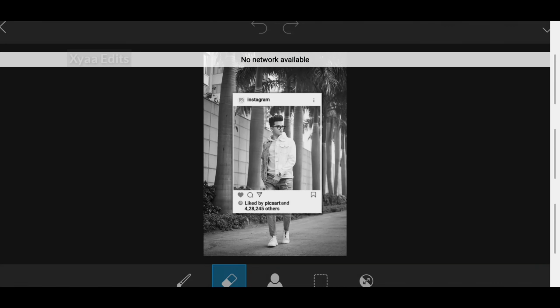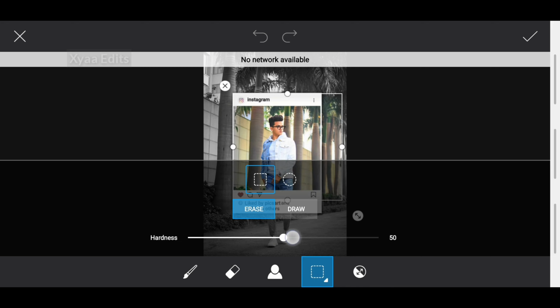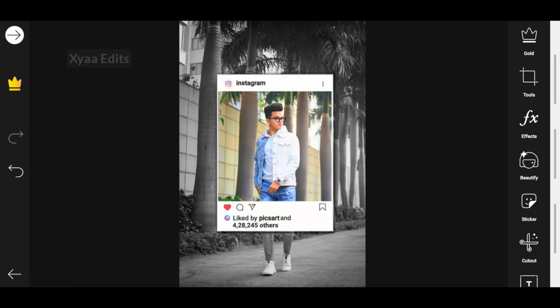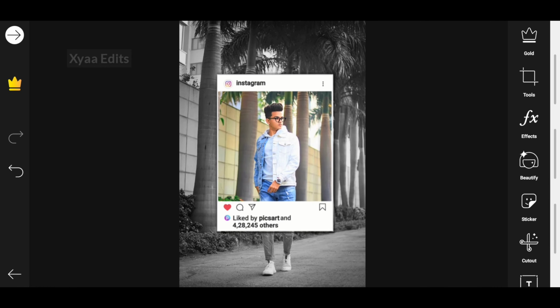Now tap on this eraser and tap on the square, and we have to arrange inside this frame. Okay, now tap on this square and make the hardness to the 100. Now decrease this side. Now stretch it down up to here frame. Okay, now it is perfect. Now tap on tick. Now what you have to do is, you have to add some lightning PNGs,